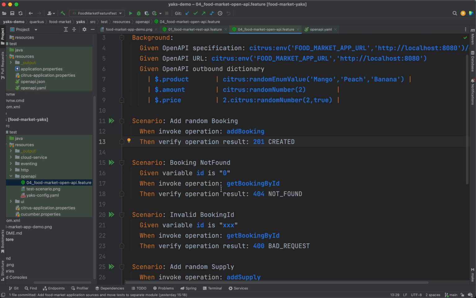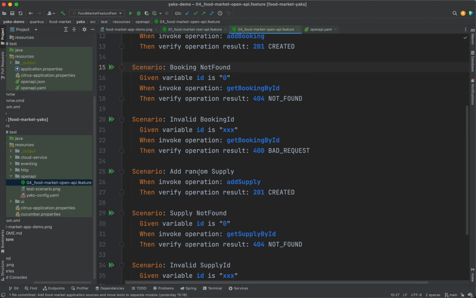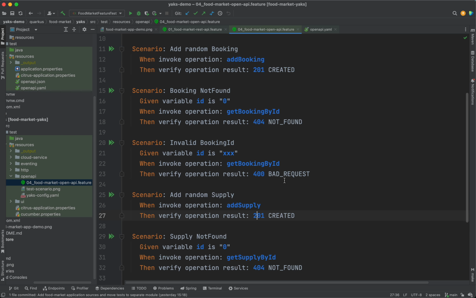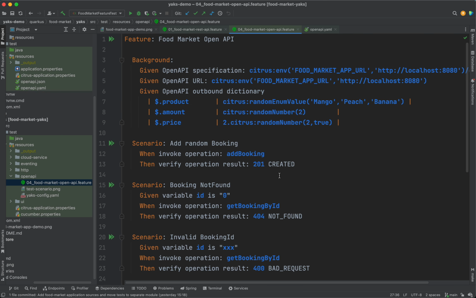And we can also override some variables, like here we set the ID of the booking to 0, and then we say get booking by ID, and we expect a 404 not found. And this also works for supplies, so we can invoke the operation add supply. And as I already mentioned, in the background, all the response bodies and the request bodies will be generated from